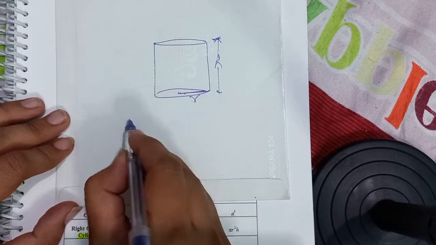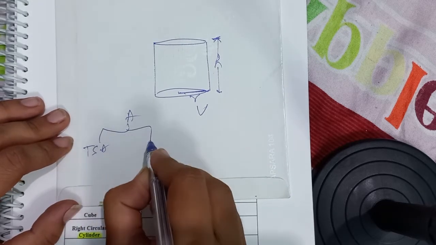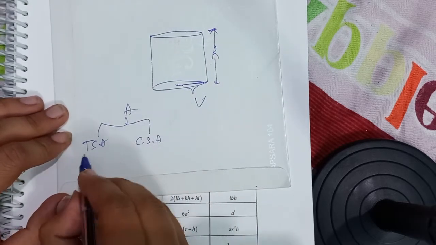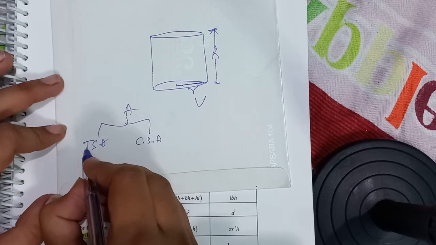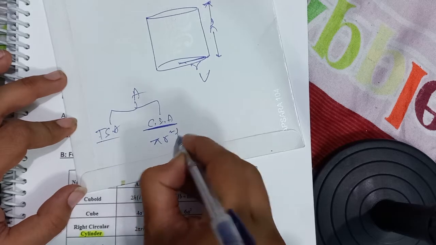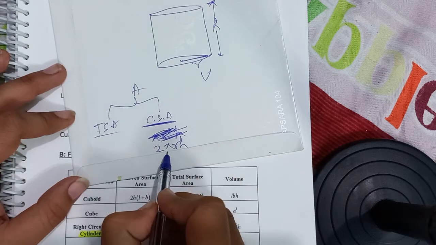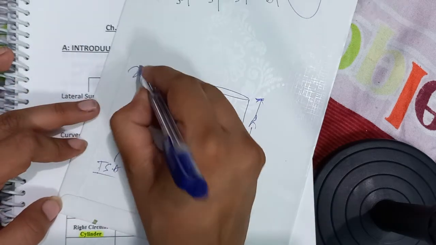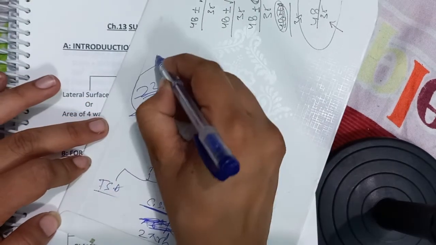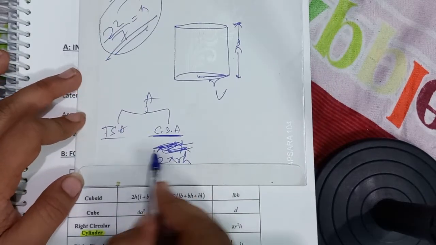Again, three things: area and volume. Area here is total surface area, and the other one is not lateral, because here the surface is curved, so it is called curved surface area. TSA and CSA. First of all, I am talking about CSA. CSA is pi r square h. Wait, not pi r square h: CSA is 2 pi r h. What is pi? Pi is 22 upon 7, or we can say 3.14 is the value of pi. CSA is 2 pi r h.